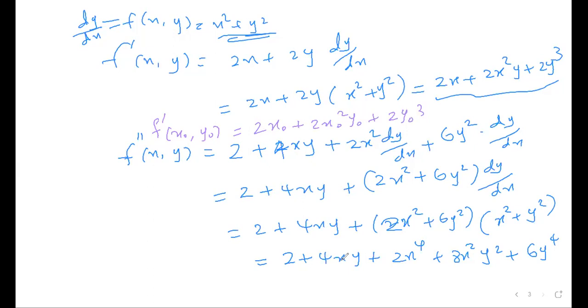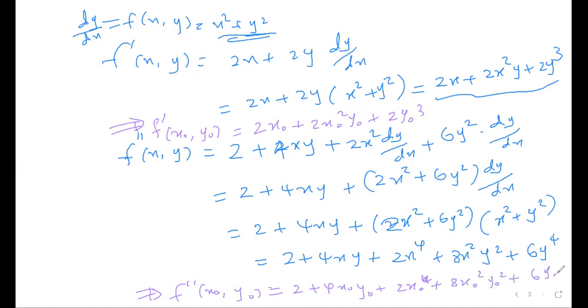Similarly, this one also I can substitute x naught comma y naught: 2 plus 4 x naught y naught plus 2 x naught to the power 4 plus 8 x naught squared y naught squared plus 6 y naught to the power 4. We are just substituting because that's what we're going to use in our